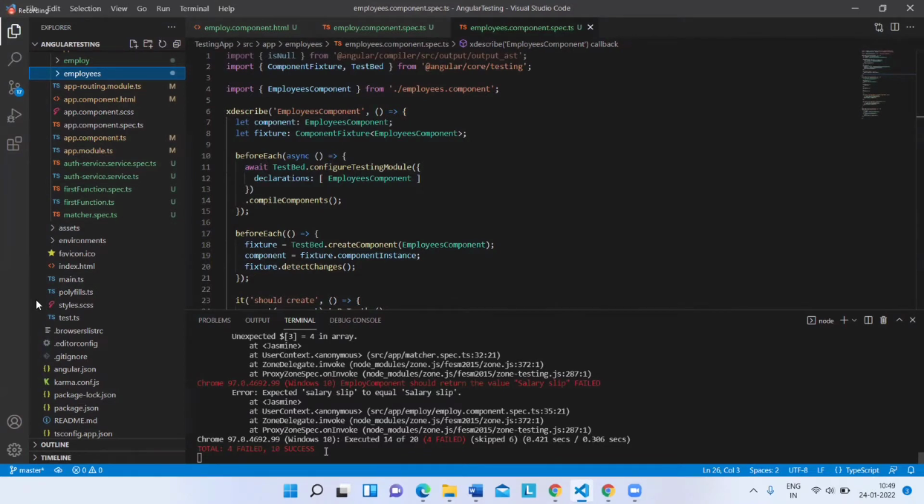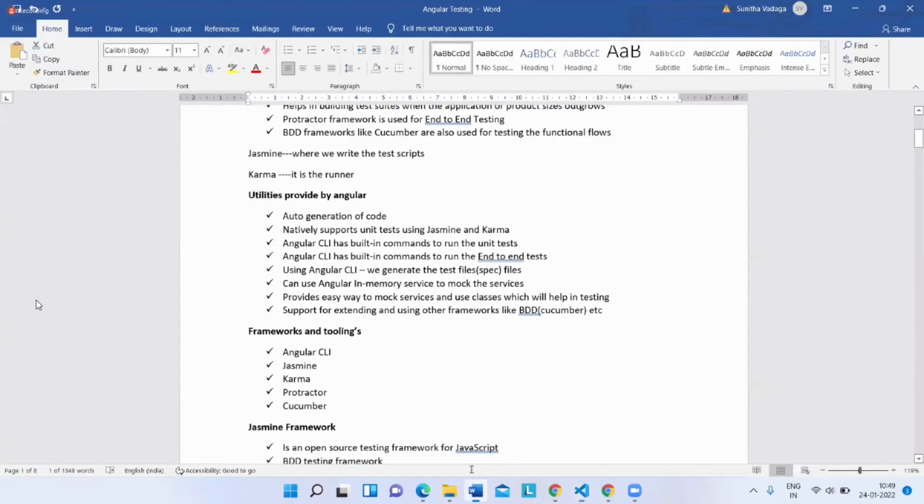So what is the use of ng test here? When you use ng test, it will execute the application as well as your tests. Okay, we will just see how exactly it will help us perform that task. Let me finish this explanation of the concepts and then I'll show you.